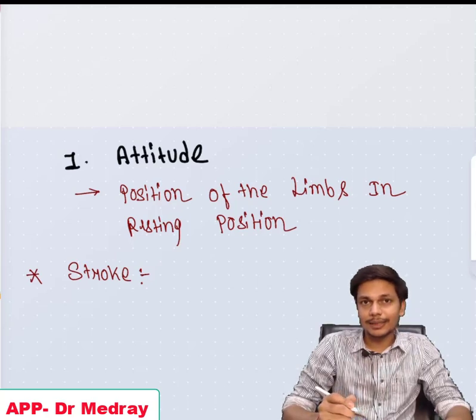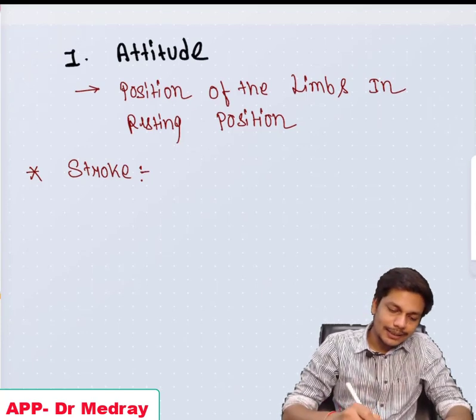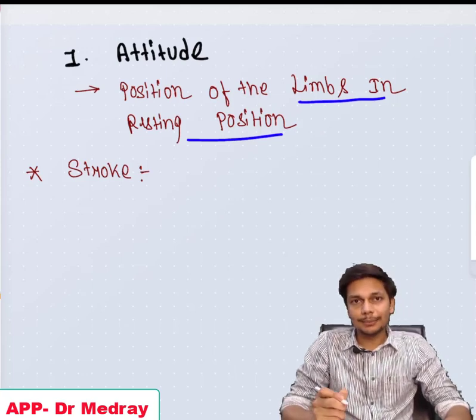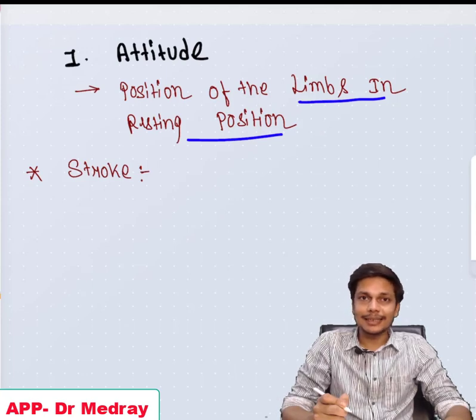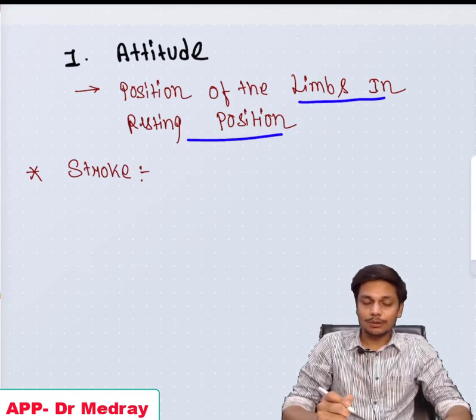So what is the attitude in a neurological case? Attitude is nothing but the position of the limbs in a resting position. When a patient of neurological disease is in the bed, what is the position of the limb? Whether the patient is flexing his upper limb or extending his upper limb. So the position of the limb is known as the attitude of the patient, or the attitude of the limb. If you see a patient of stroke,